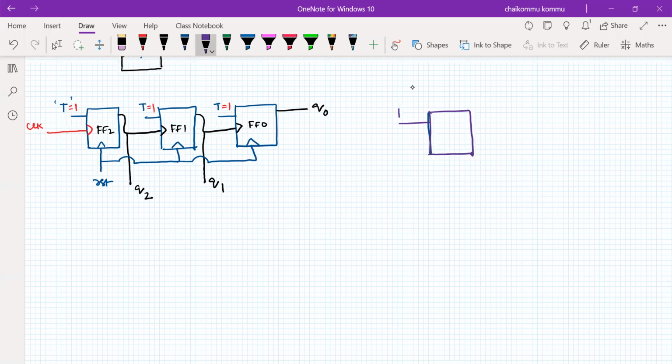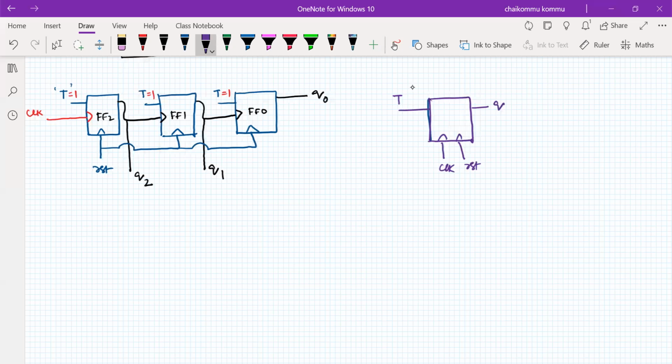So we have a T input signal. Everybody knows that there is a clock signal, it's a memory element, the D flip-flop that we have seen previously. Now we are talking about the T flip-flop. So what is the T flip-flop now? What is the operation? Of course, the reset signal and the clock signal, T input, Q output.